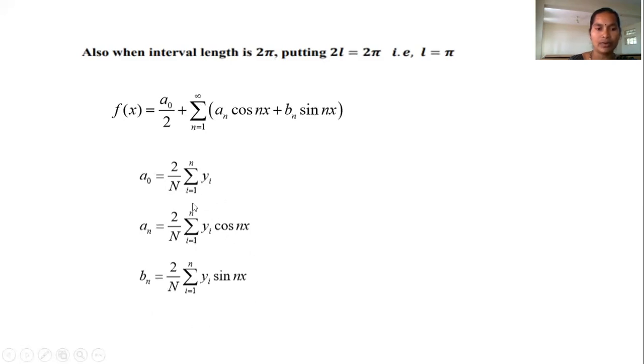With the help of these values, we substitute n equal to 1 for the first harmonic. If they ask for the second harmonic, we extend by giving n equal to 2 and write the formula accordingly. Suppose they ask for the first harmonic, the formula will be a0 by 2 plus a1 cos x plus b1 sin x. If we identify a1, b1 and a0, then we can substitute in the given formula. So this is about practical harmonic analysis.